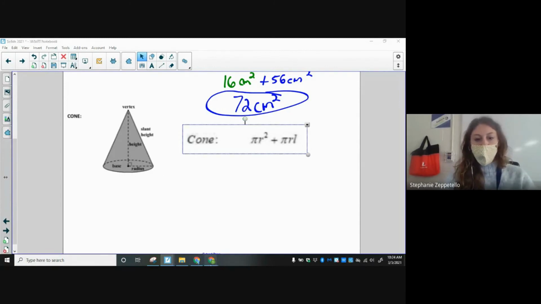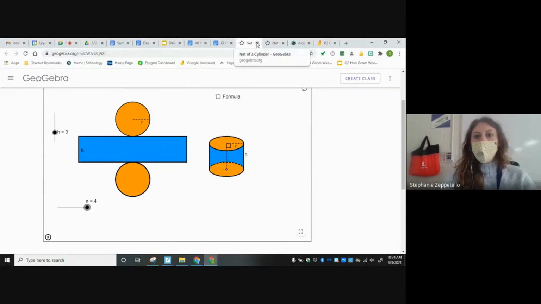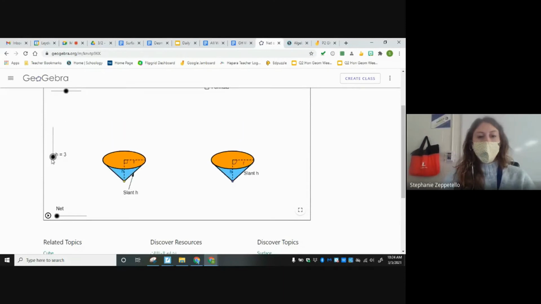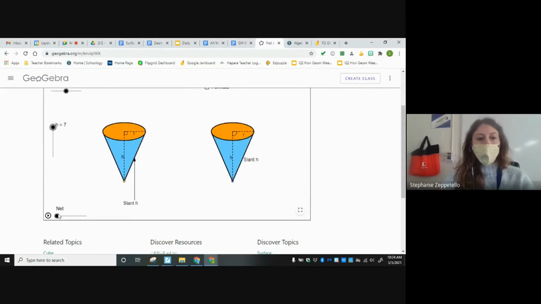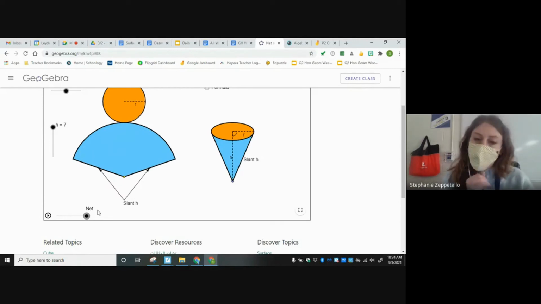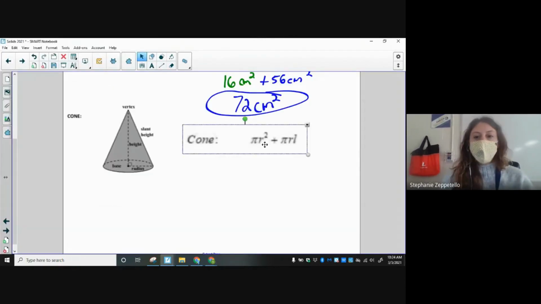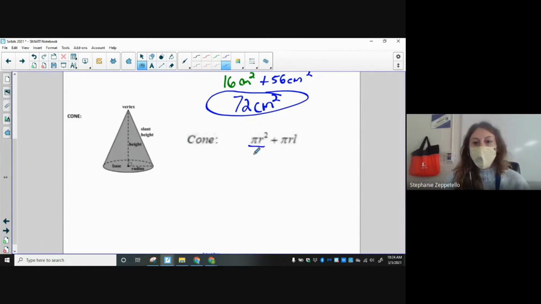Now, when you unwrap a cone, what does it look like? Bye, cylinder, love you. Change that height, boop. So that's the inside height, right? Okay, here's the net. So there's your big B, and you cut this, and it makes what I like to call a funky triangle, or a fancy triangle, a triangle with a skirt, whatever floats your boat. So this should make sense that it's big B. This is just big B, which is the area of a circle. And then this part, let's check this out. So when I undo this lateral face,